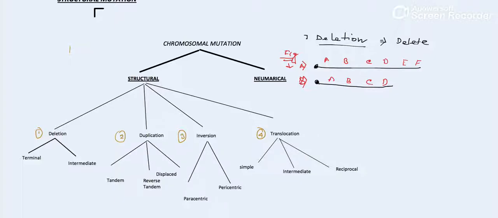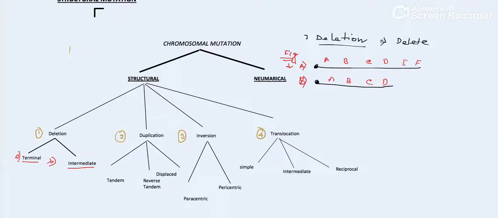So it is deleted from the chromosome in figure B. This kind of change is a deletion, and deletion is of two types. In this chart, we can see there are two types of deletion: one is terminal deletion and another is